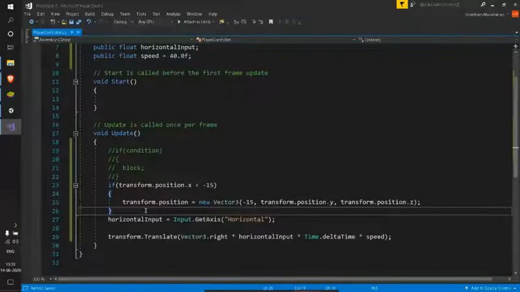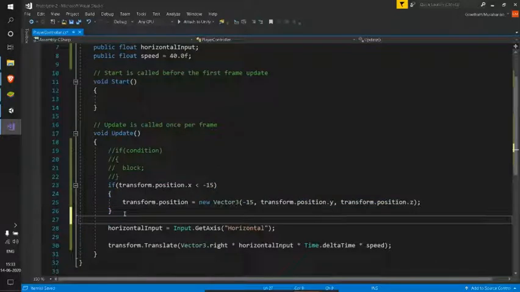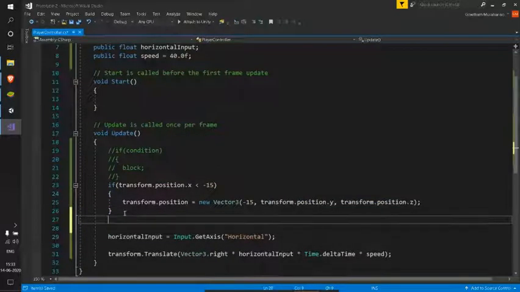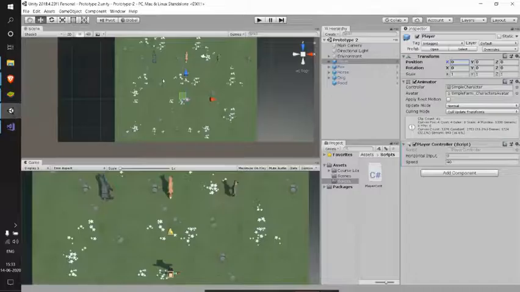So to do that, let me just copy paste this if statement again. See, now what I'll do is, when we check for right, let me have my player at 15. So if my player goes beyond 15, I need to just place my player at 15 back.